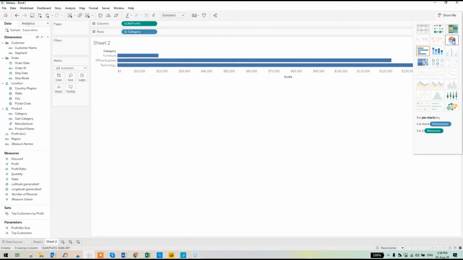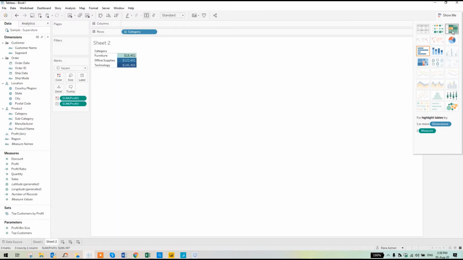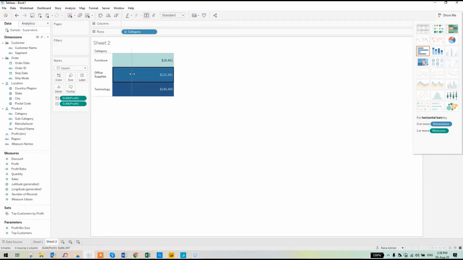Let's say we wanted to create a pie graph, or packed bubbles, or highlight tables, or crosstab, or a tree map. So let's start with the highlight table first. I just clicked on highlight table, and it automatically converted it to a crosstab, and I'll drag this view over here to make it more readable. So this is how this second visualization has been created.